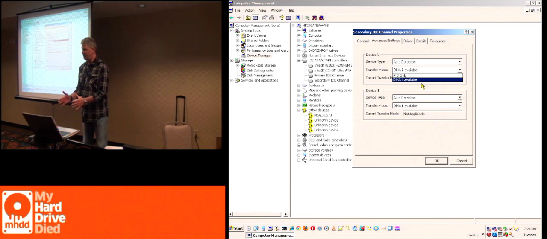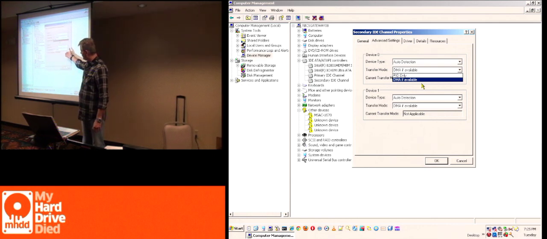You don't want to do this on your primary controller. You want Windows to boot on your primary controller. If you switch it to PIO mode, it might not boot for a week. It could take a while. So you want to have a secondary controller, which all your motherboards are going to have. None of them are going to be without a secondary controller, but you can always buy one cheap, probably even at your local computer store. You can go get an IDE controller.